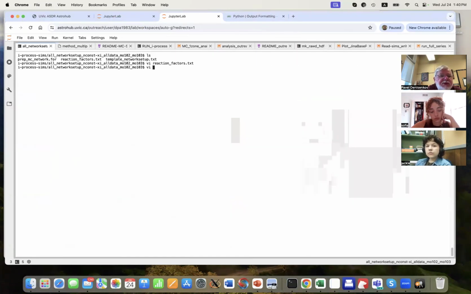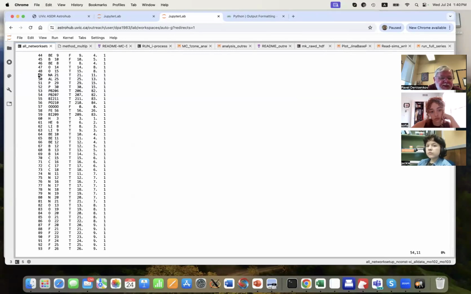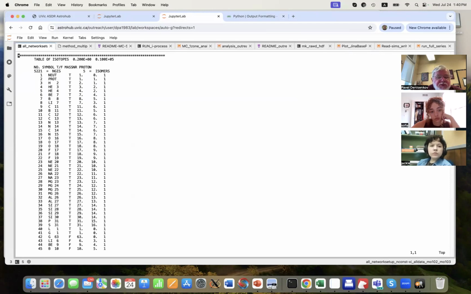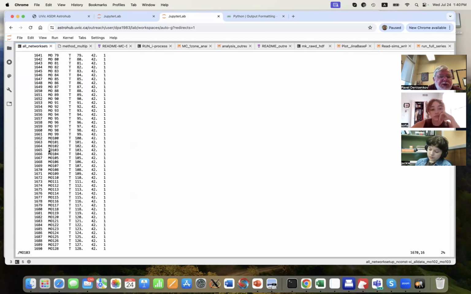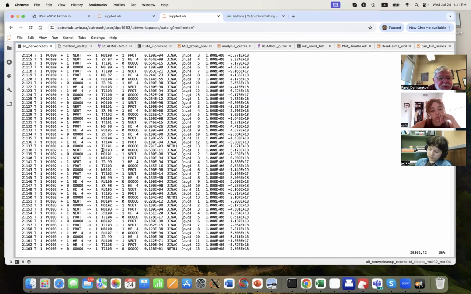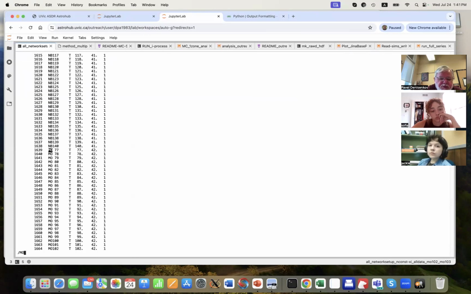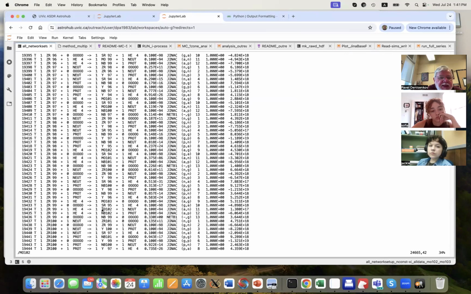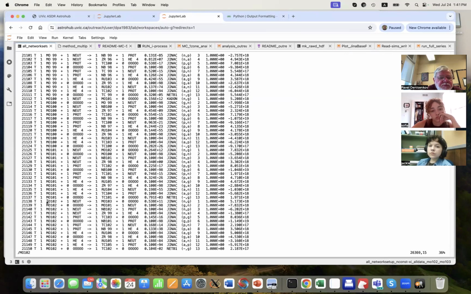So now I open template network setup, and I search for molybdenum 102 and 103 and gamma. Molybdenum 102 first. So this is molybdenum 102 and gamma.